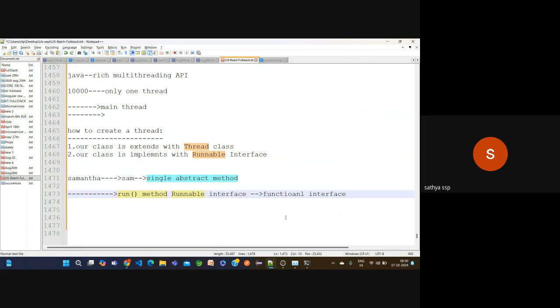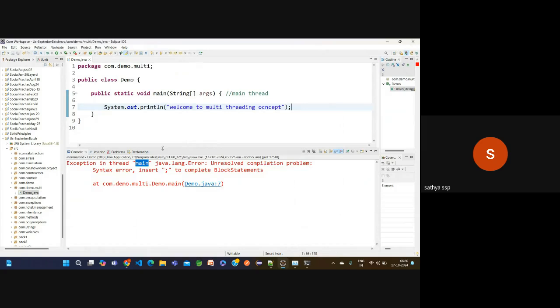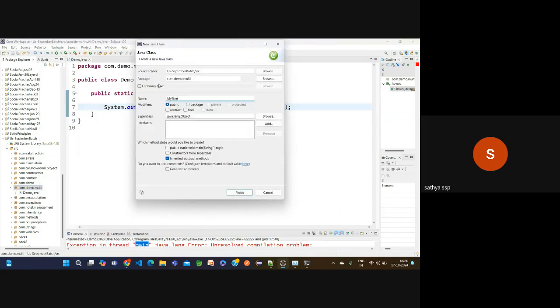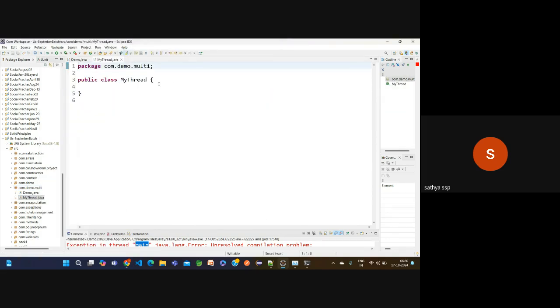Simple example, I will explain here. Observe carefully. I'm going to create a class named MyThread. The first way: the class extends the Thread class.